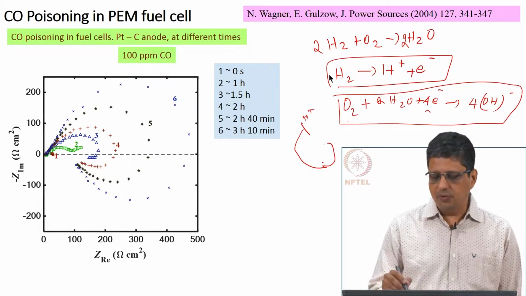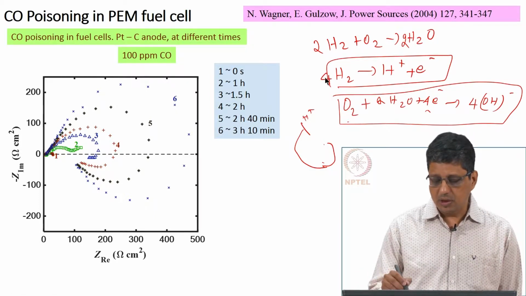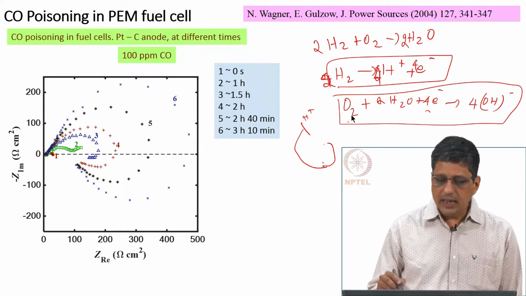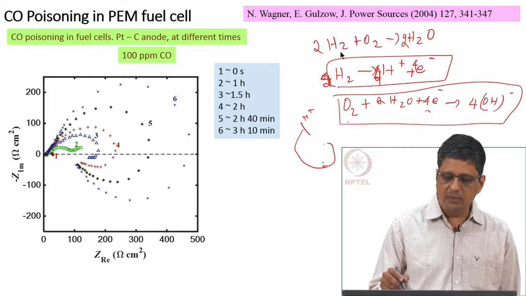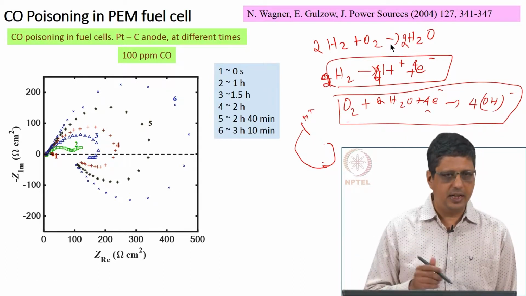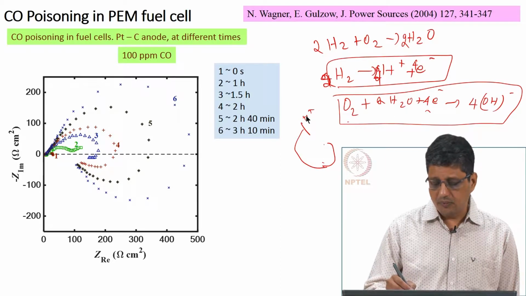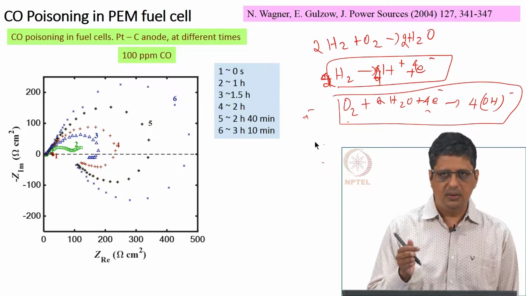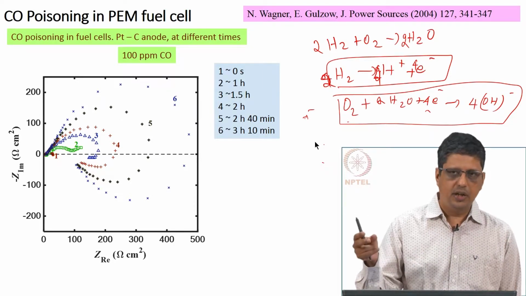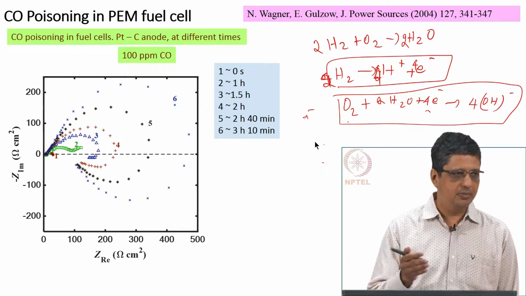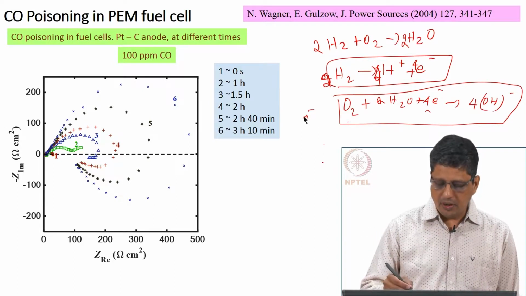So, this will give you 2 H2 will give you 4 H plus and 4 electron minus. So, net reaction will still be 2 H2 plus O2, although water is necessary to actually conduct this reaction. Okay. And here hydrogen ion moves through this. There are other scenarios where OH minus will move through this. Alkaline fuel cell, it can happen where the movement occurs because of the OH minus ion. We are not going to worry about that.